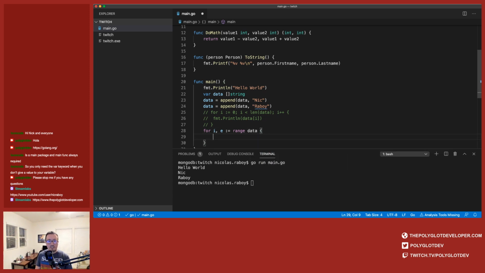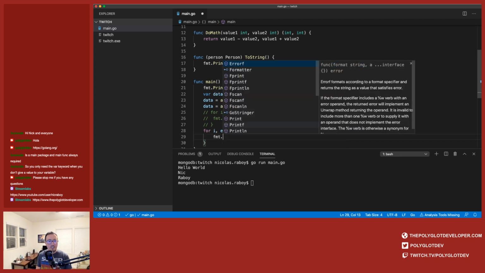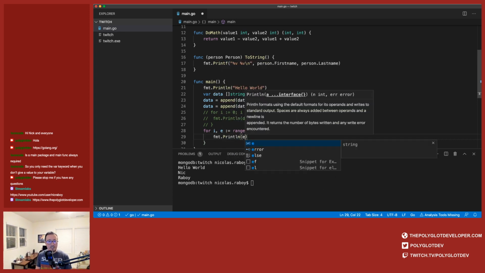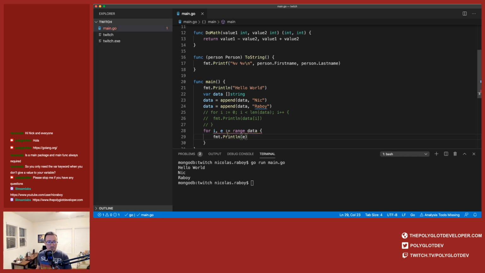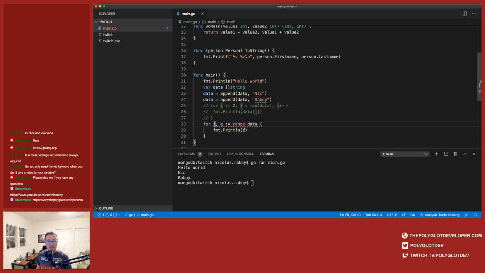So it's kind of like a for each loop where we have the index that it's currently on, as well as the particular element. So if I wanted to, I can say fmt.Println, and in this case, I'm just going to say e. I'm not using i. If I wanted to use i to print out the index, I could. In this case, I'm going to underscore it because I don't want to use it, and I don't want that error to persist. So I'm going to say go run main.go, and it's doing the same thing.